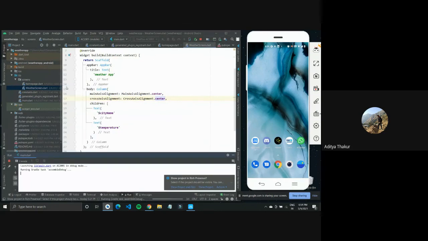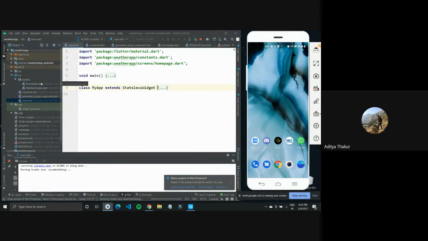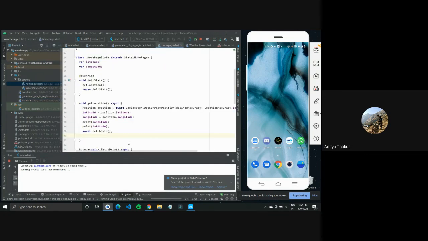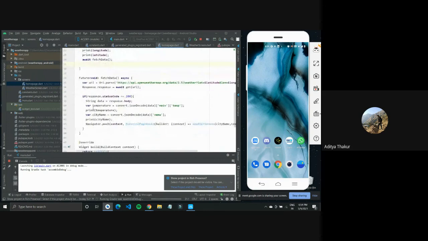Also, right now we are using a widget and we are just waiting for it to execute some function completely and then push to a new screen. So this is not the right way to do it actually.